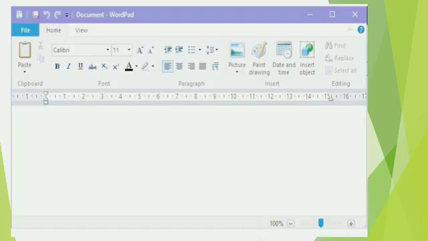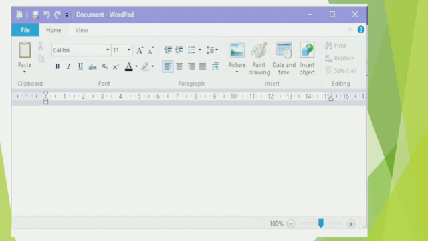Let us learn how to format the text on WordPad. After typing the text on the WordPad, select the text you wish to apply the text formatting on. Now second, on the Home tab, click on Font. See, different fonts are there, right? From the font group, you can select the font. A list will appear of the different fonts. Click on any font of your choice.